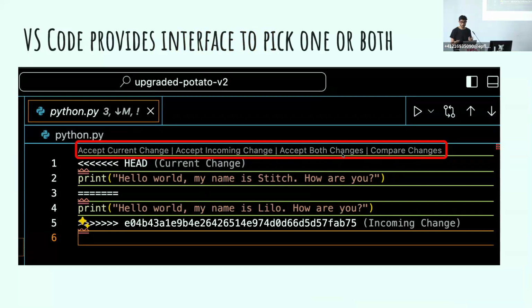Sometimes it may be interesting to take both, because maybe there's something useful in both of the lines, and then you want to kind of manually put them together, and compare changes. I don't know what it does differently from this, but okay. Those are the main three which I would work with. Either I take that one, mine, or that one, mine, or accept them both and try to figure out how